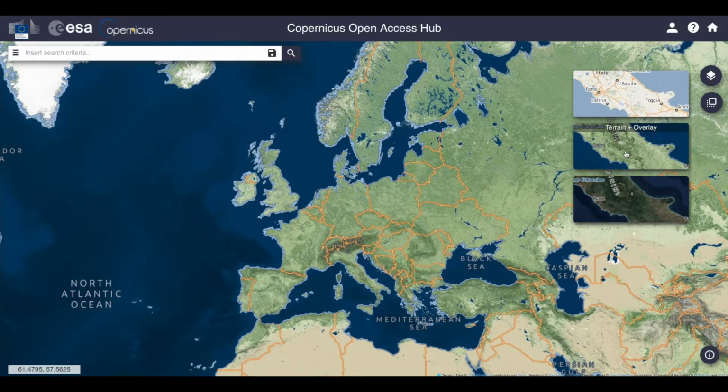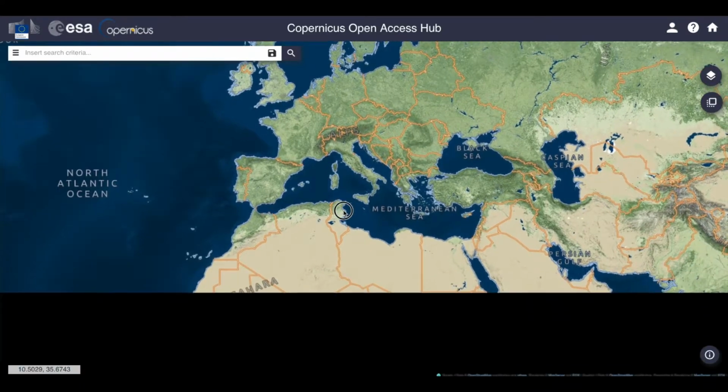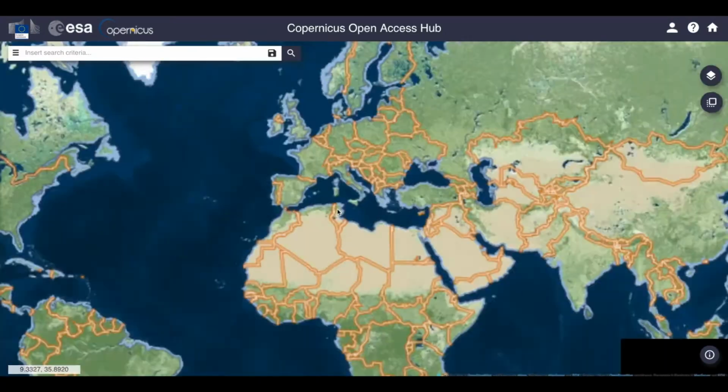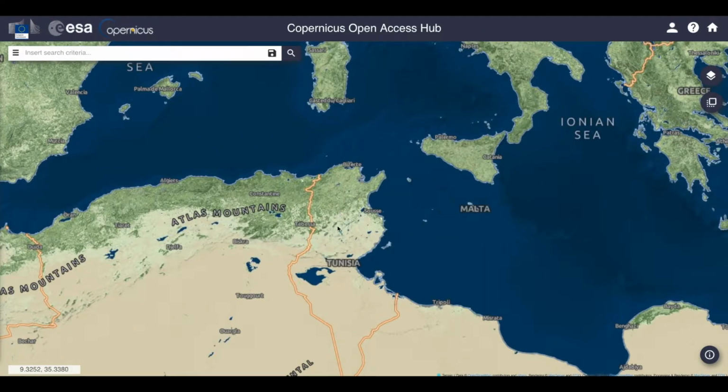And now we are ready to search Sentinel-2 data for a specific area and for a specific acquisition time. To do this, we can zoom in on our area of interest, moving with the mouse. Now I will zoom in on the